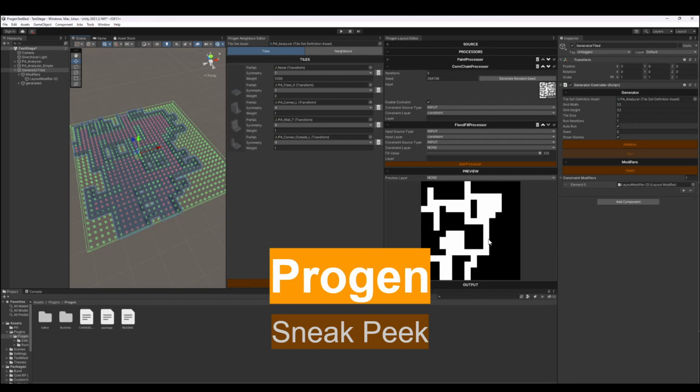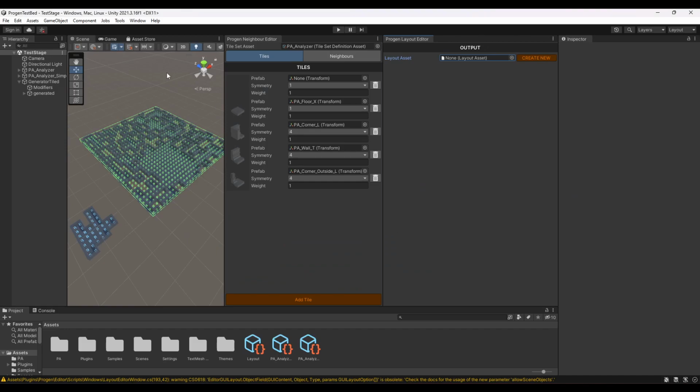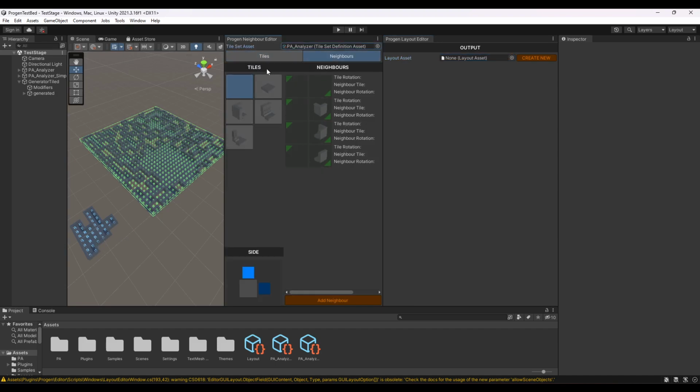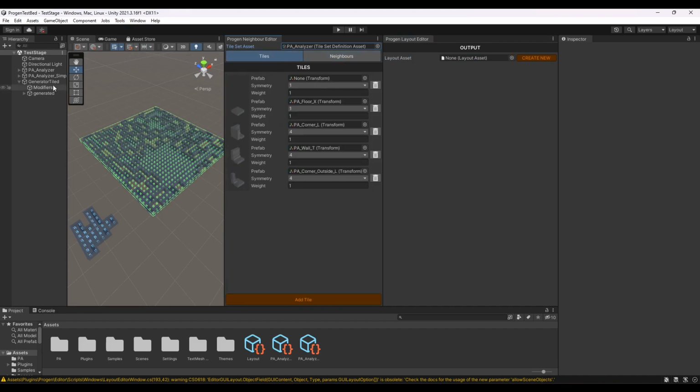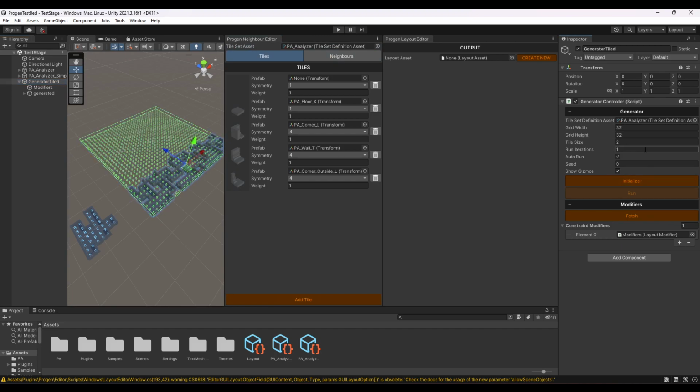which is the layout generator that can be used and fed into the wave function collapse as a constraint. And you can also take it as a separate generator that you can use for your own procedural generation, as a constraint or something entirely different if you want to. So let's start. As I said, this is the analyzer, this is the pre-authored prefab which was analyzed into these tile definitions and their correct neighbors. And then you can run the generator and